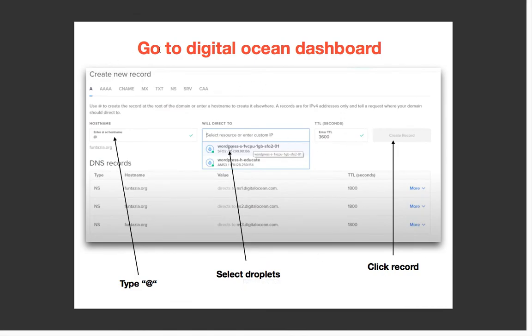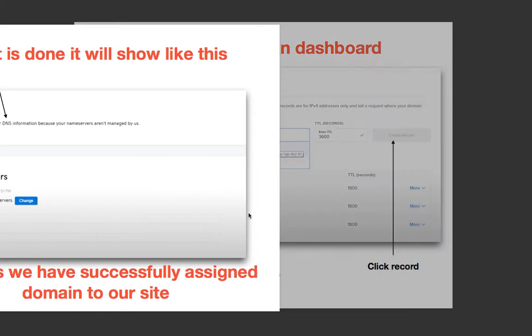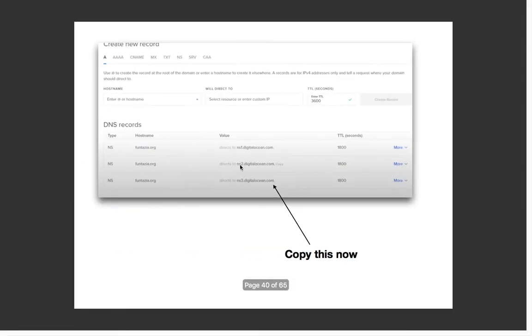So now guys, again what you have to do, you have to go to the DigitalOcean dashboard. Again you have to go to the DigitalOcean dashboard. Now guys, above this value, where you have copied all these values, you will get this option, hostname will direct to, and this create record.